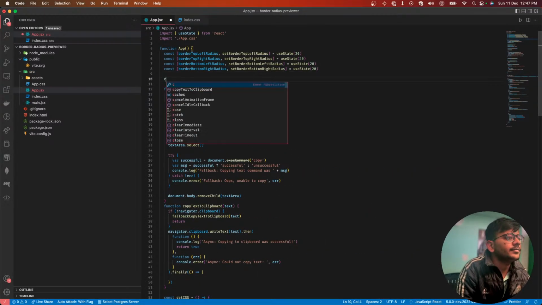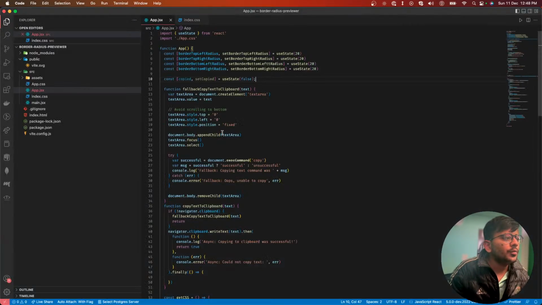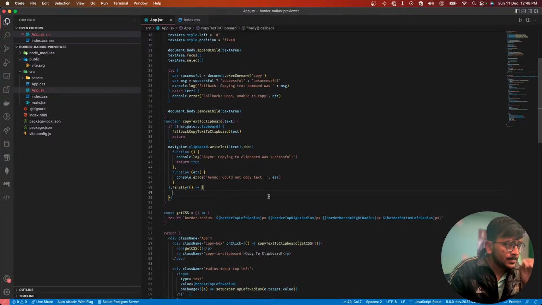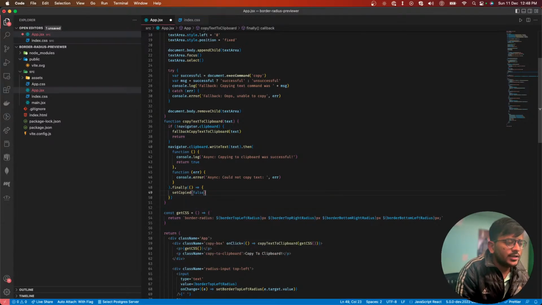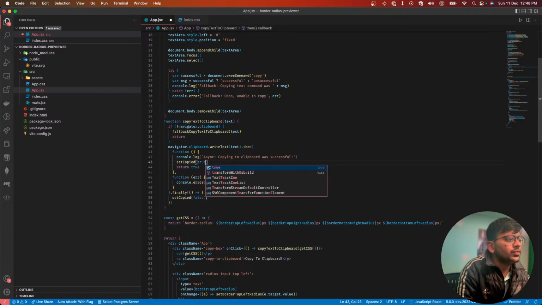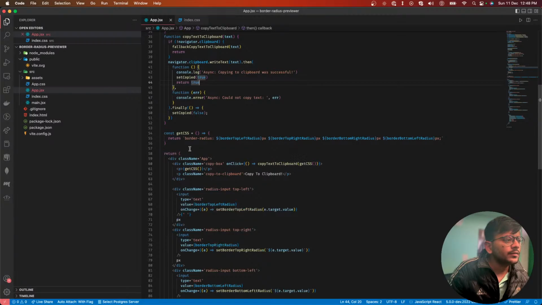Let's have a state here. So what I'm thinking is to add something like change this value to copied. Set copied false. This is a finally, so at the end this will get called, and here we can set copy to true. On error also we can set, I think we don't need to do anything on error. Now